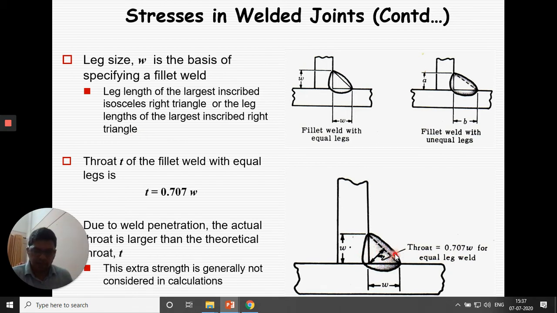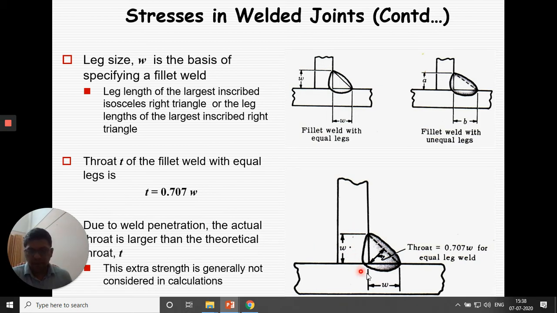So if you look at the shear failure of the weld, the throat length actually represents the minimum shear failure area, and that is represented by the minimum length here on this right angle triangle, and that is represented by T. And if the leg length is W here, then T is situated at 45 degree with respect to the base or height. Then you are able to write T is equal to W into cos 45, and cos 45 is equal to 0.707. So the throat T you can write as 0.707 W.